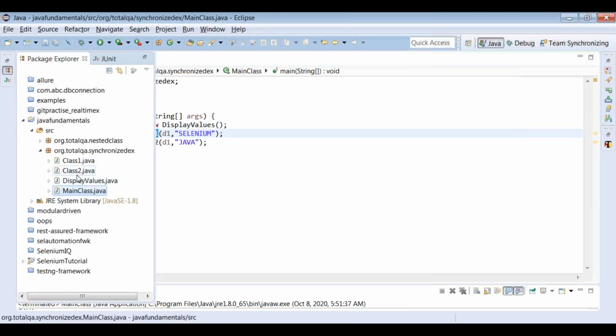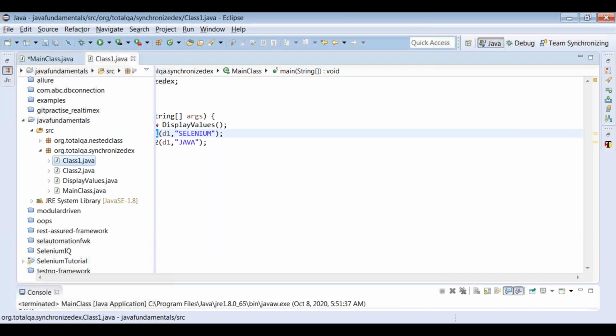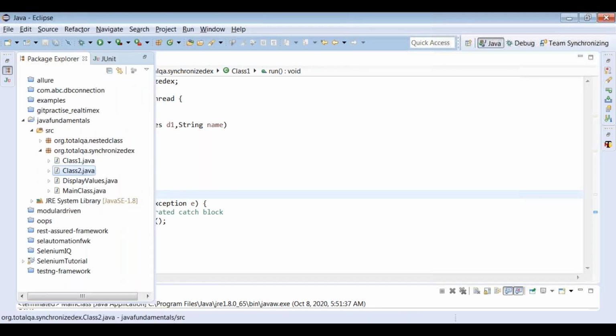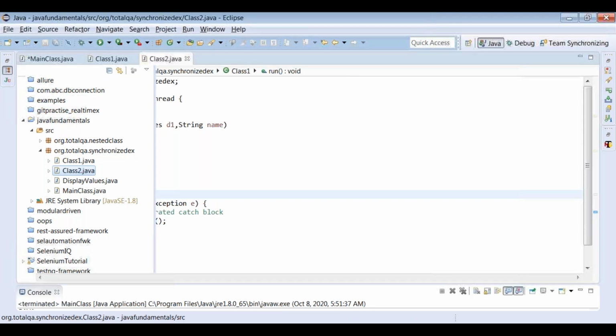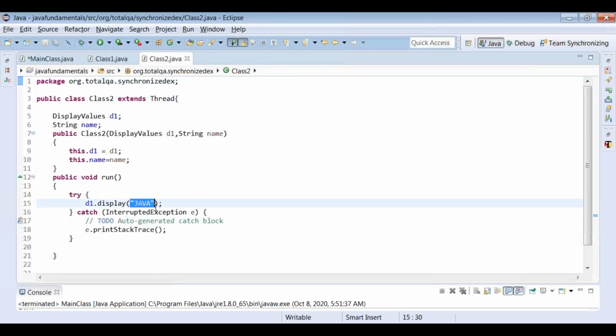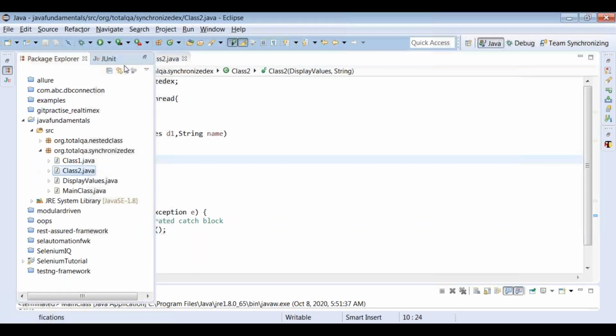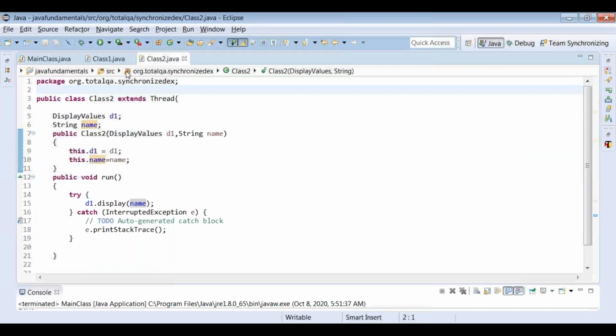Now in Class 1, we will just display the name, whatever we pass. Similarly in Class 2, we just display the name. So let me rearrange and show you.